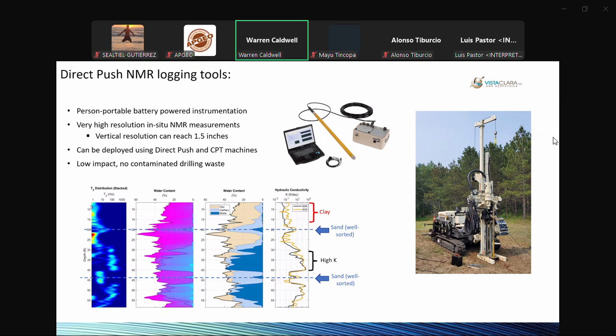And we can see that the clays are shown by the short T2 distribution, low hydraulic conductivity. The well-sorted sands have a long T2 time. And then the high hydraulic conductivity zone here has some of the longest T2 times. Also, there's another such zone that's not pointed out, between 47 and 53 meters, another zone of relatively long T2 decay times and high mobile water content, high hydraulic conductivity. So